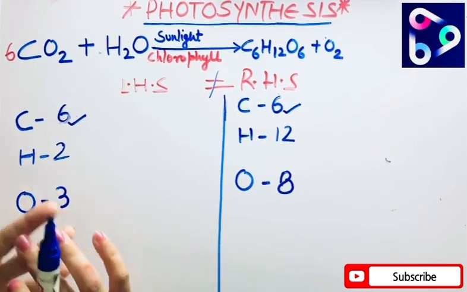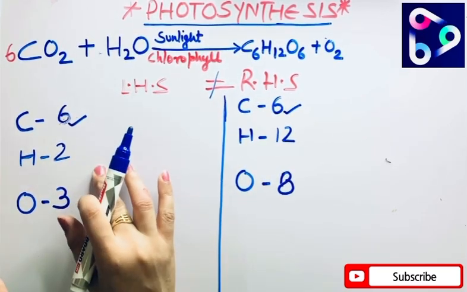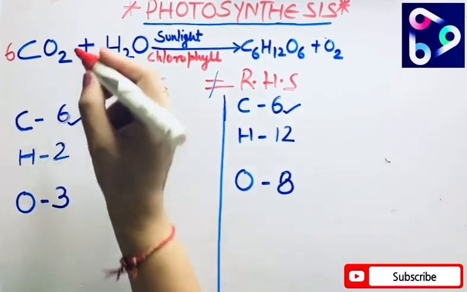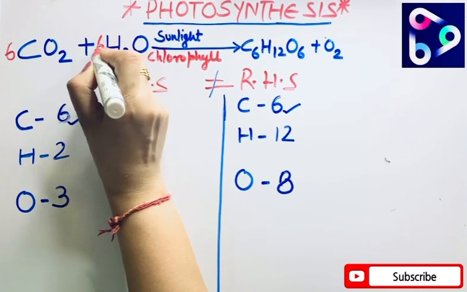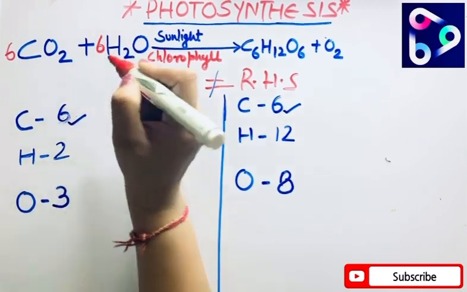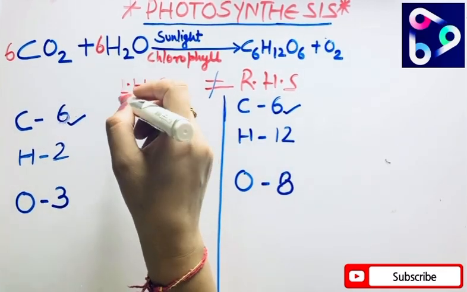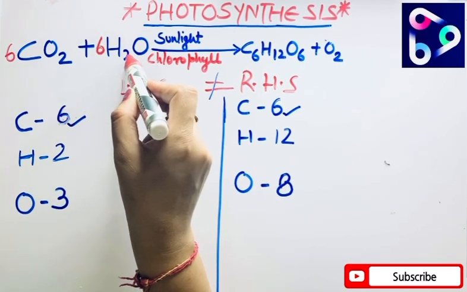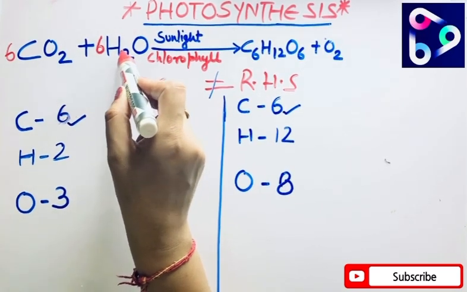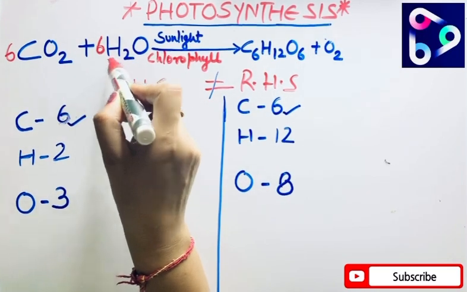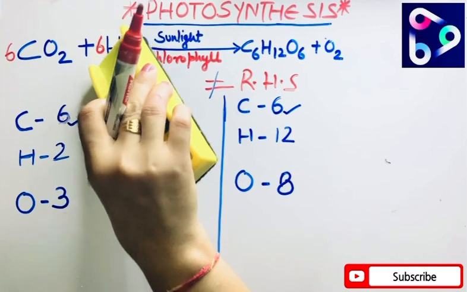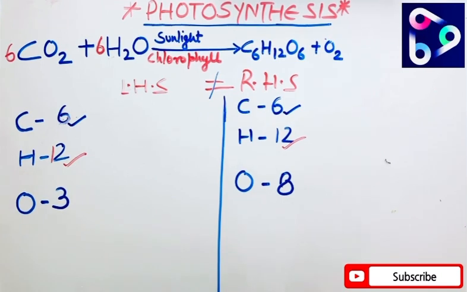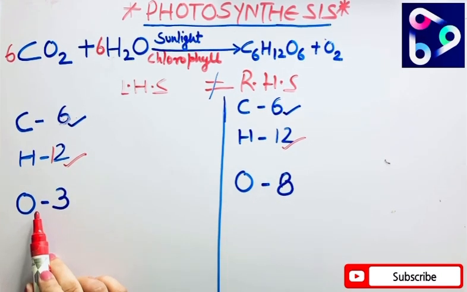Let me count how many we are lagging. Here I have 2, and I want 10 more. To get that, let me try putting a 6 over here. It's not always the case that you can put 6; you have to use the hit and trial method. So I'm trying with 6. 6 multiplied by 2, as I told you, if anything I write in front has a subscript, it will multiply. So 6 twos are 12. Yes, here I have 12 and 12. Balanced.